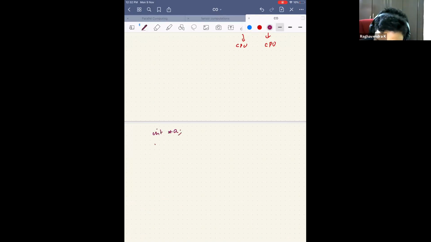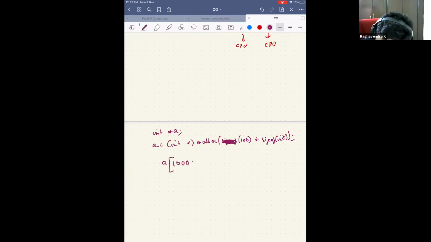Let's say an int array A of size 100 times size of int. This is what you already know. Now, if I do A of 10,000, what do you think will happen?